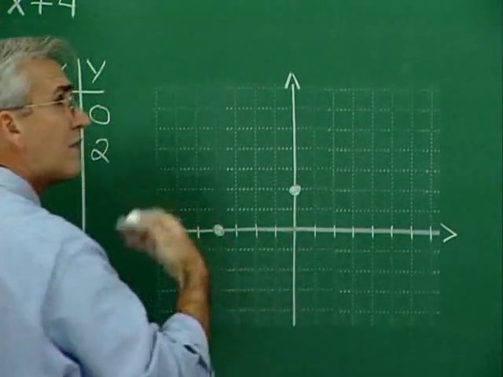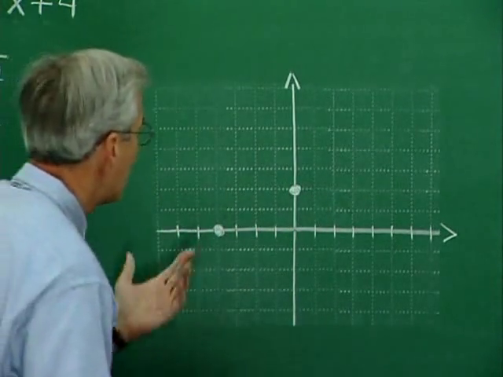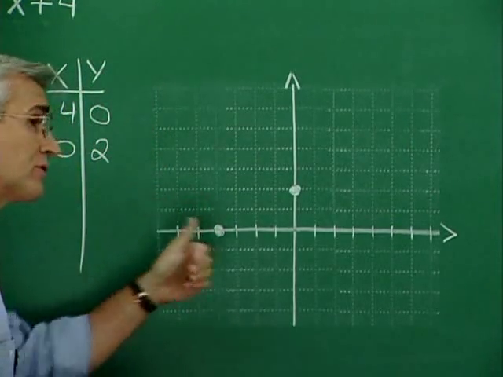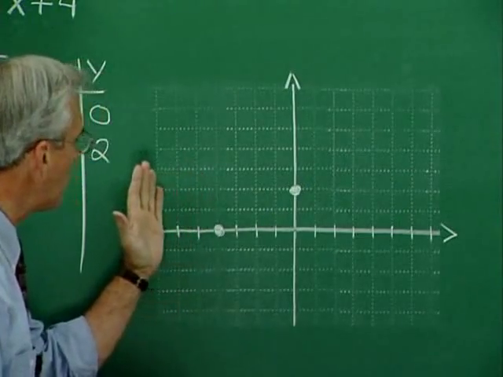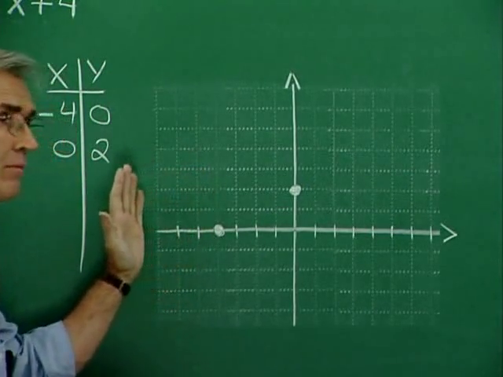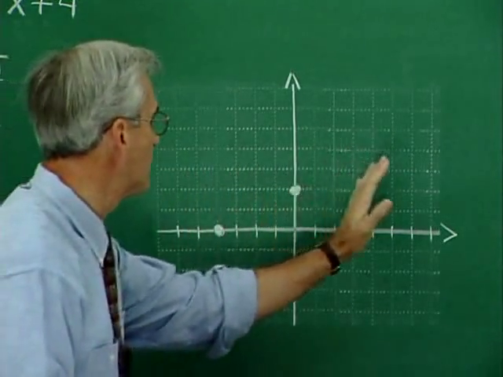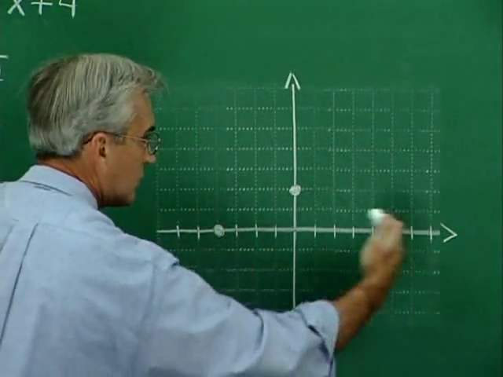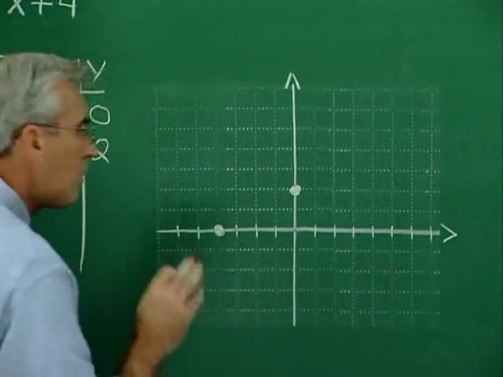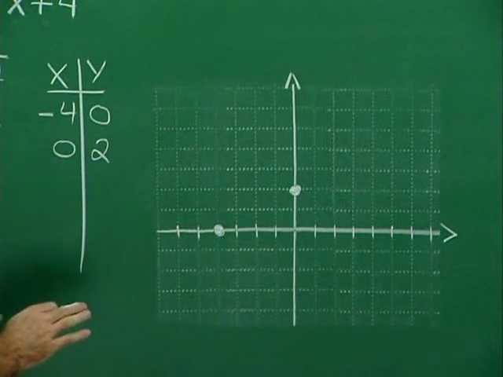Now we need more information about the graph. We've already mentioned that we're not going to let x take on values that are less than negative 4, so that means that we won't have the graph. The graph won't make an appearance in this part of the coordinate plane, but it certainly makes an appearance over here. Now, let's plot points then in this interval, and we want to choose some points that are relatively easy